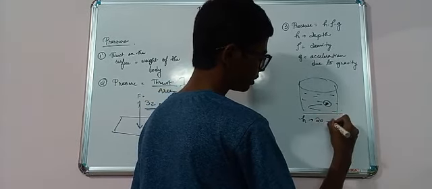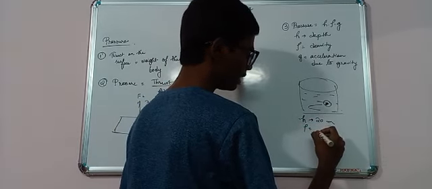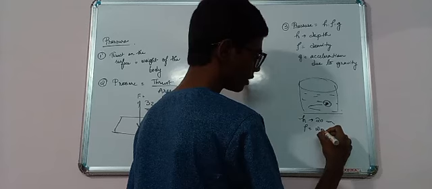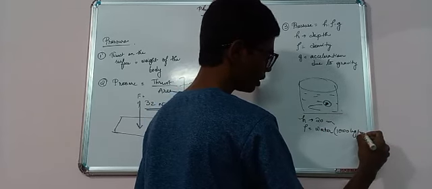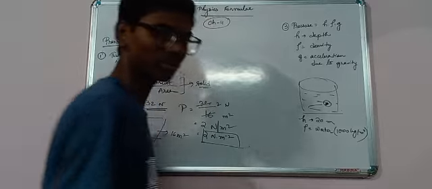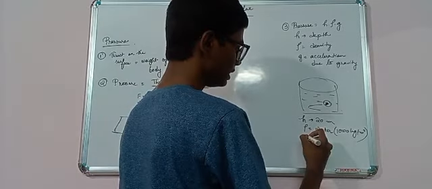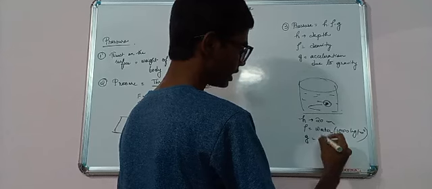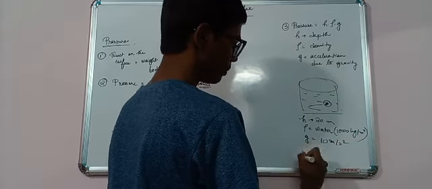Suppose h is 20 meter. I'm taking everything in SI units. Density, suppose I have taken water. Water's density is 1000 kg per cubic meter, and in CGS it's 1 gram per cubic centimeter. And g, let's take it as 10 meter per second square. Then what will be my answer? Pressure equals